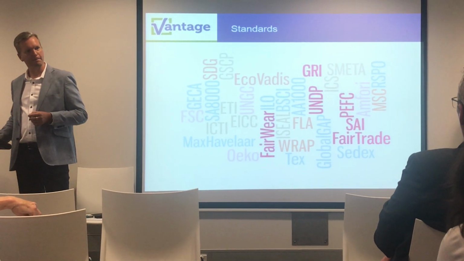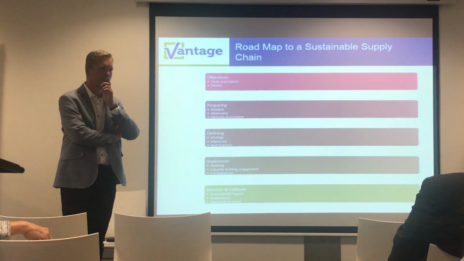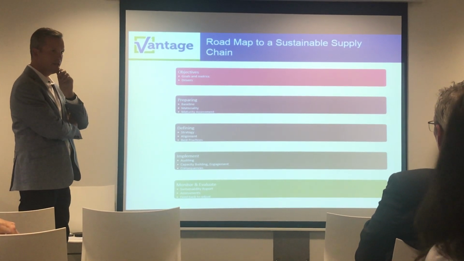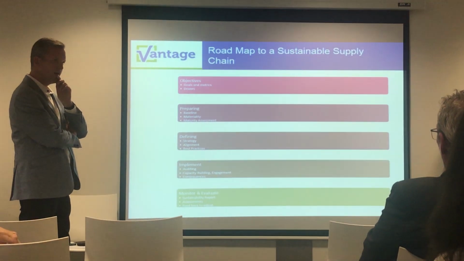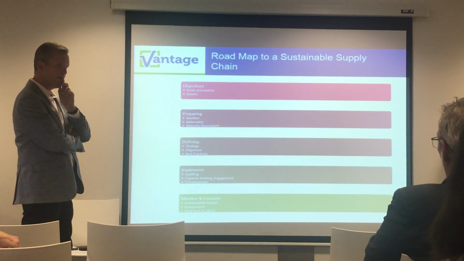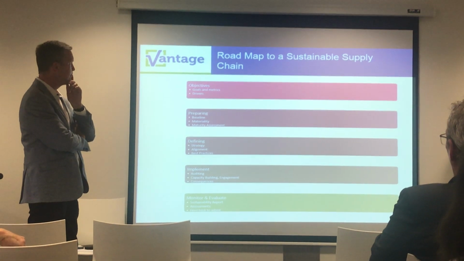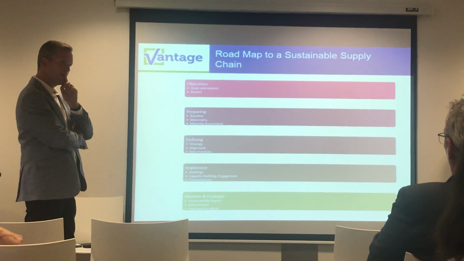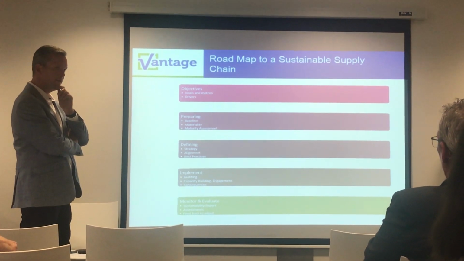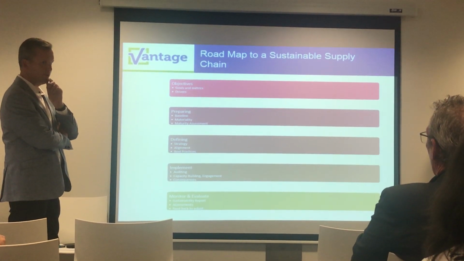So there's just one point on that previous slide that you were just showing, and I noticed it not just in this map here, but in every single piece of work I do. It seems to be a step missing, and that is about validation. While you're monitoring and evaluating the whole process, is what we're doing in terms of the roadmap to a sustainable supply chain actually valid? You might be evaluating against the objectives, but is it valid according to public perception, to the rules at large? Yeah, sure. That sort of thing.